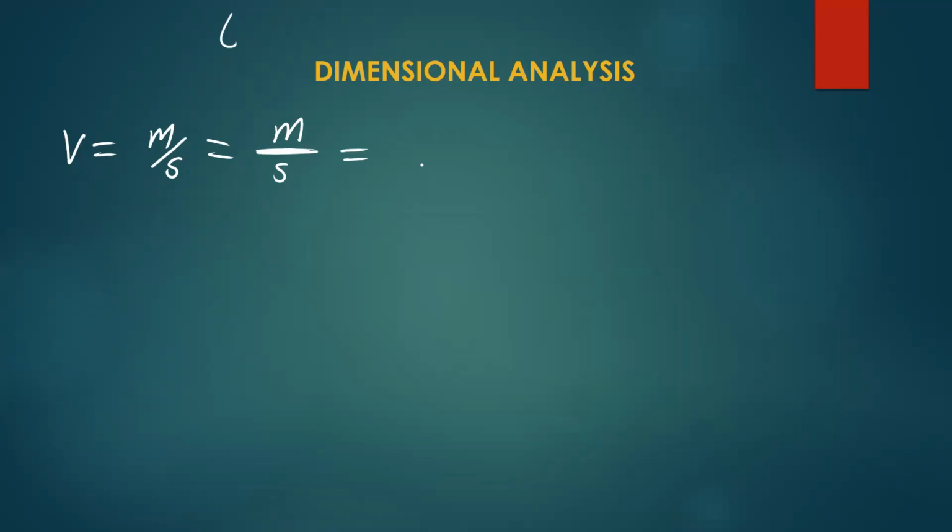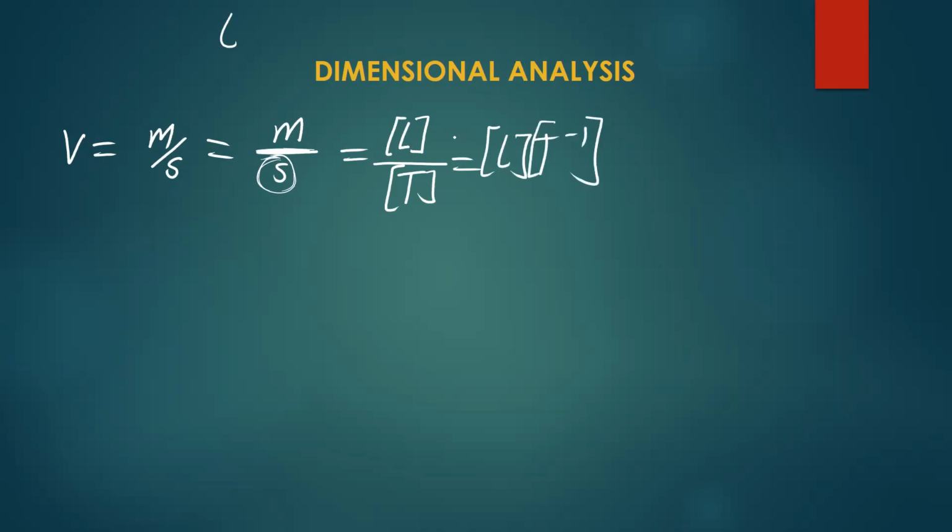So the dimensions for the length is simply just capital letter L, and then over the dimensions for time. So the seconds measures what? Time. So the dimensions for time is what? Capital letter T. So we can write it like that, and we simply say L, then T to the power negative 1. So this is the simplest way of knowing the formulas for these expressions. Now, what happens if you have something like a force? Okay, before we go to force, let us also write the